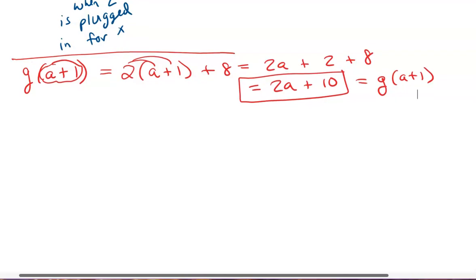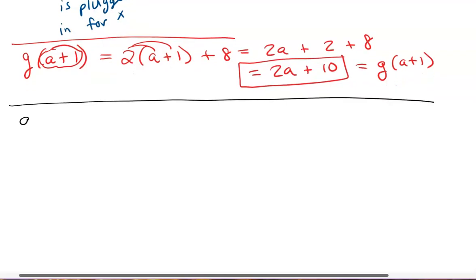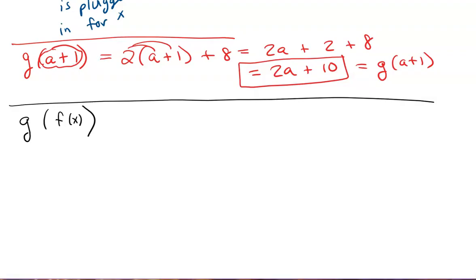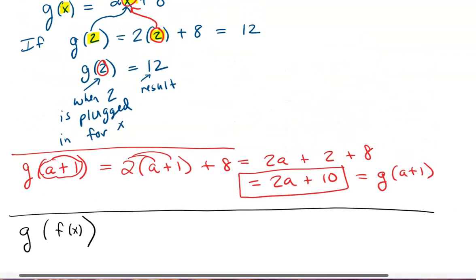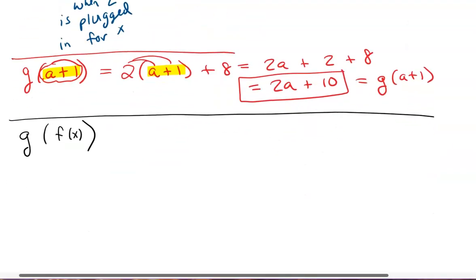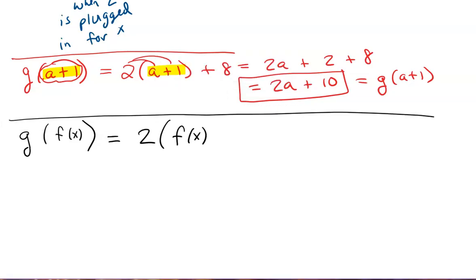Okay, so then I want you to think further. What if I asked you to find g of f of x? Well, I hope you're recognizing that when it was a plus 1 inside the parentheses, I subbed a plus 1 in the same place in g of x where the x is. When it was 2 in the parentheses, I put 2 in the same place in the g expression where the x is. So I hope you're recognizing that if it's g with an f of x inside, I would just take f of x and put it in the x spot,